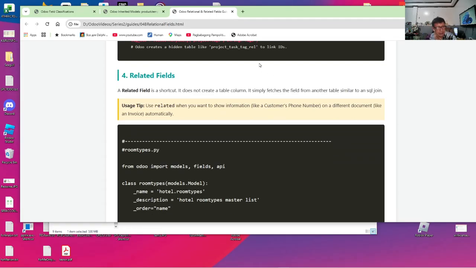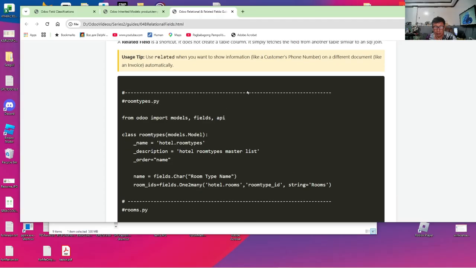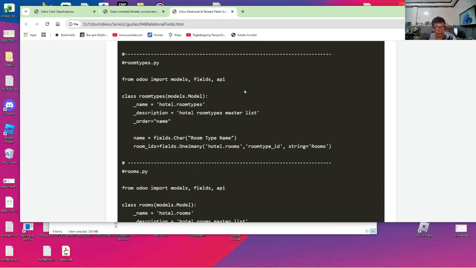Now, a very important field is called the related field because this will allow us to avoid duplications of fields. It's the typical join query in an SQL select query.